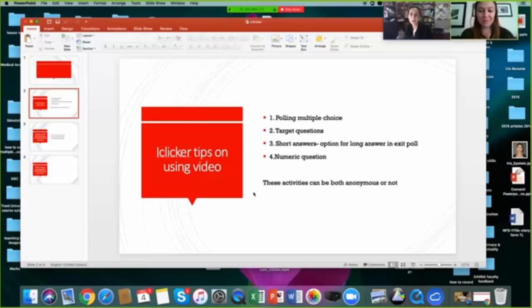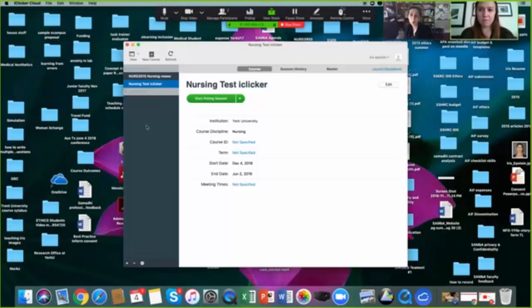Four features of using iClicker to give feedback on students' videos or the faculty videos. For example, we will speak about polling multiple choice. We will speak about target question, short answer, and numeric question. So let's start. For the first step, from your computer, you want to open your iClicker, select your course,